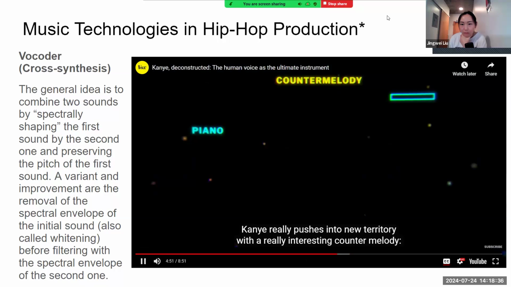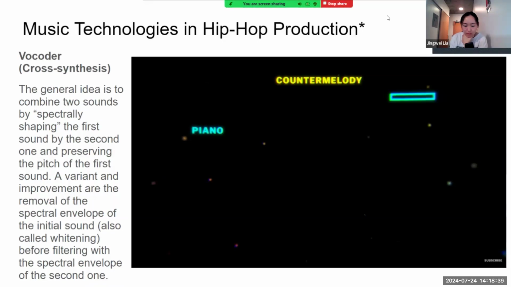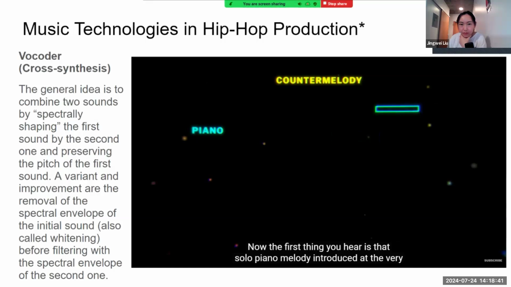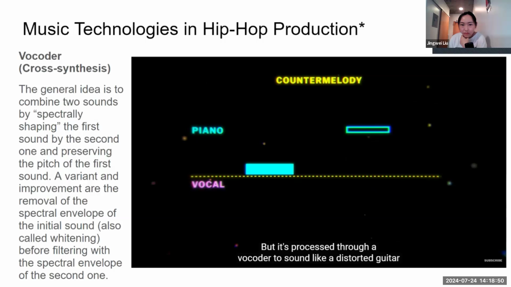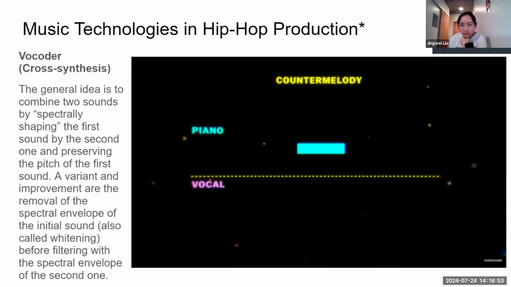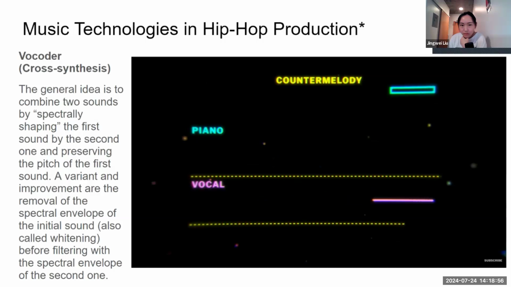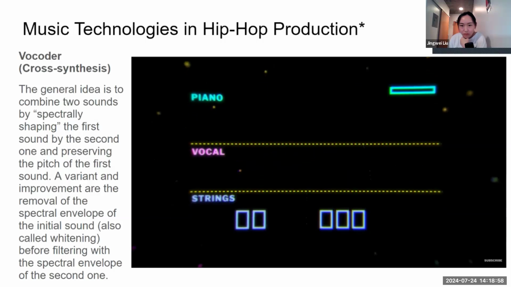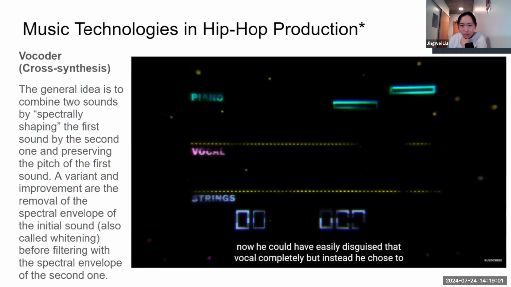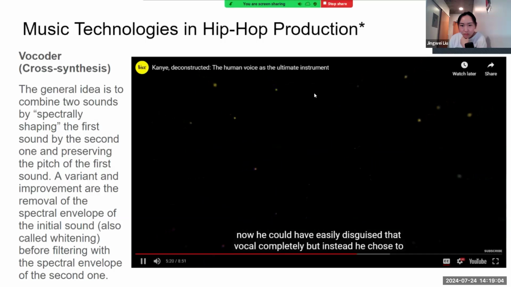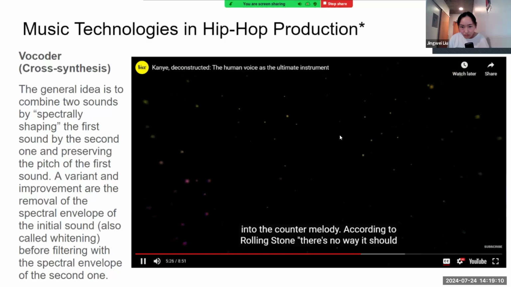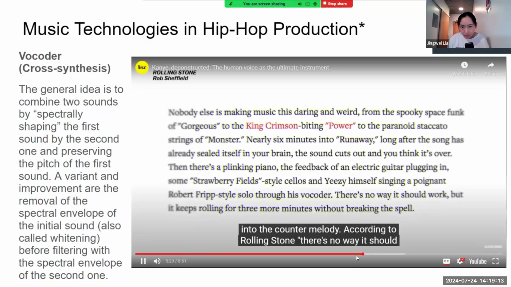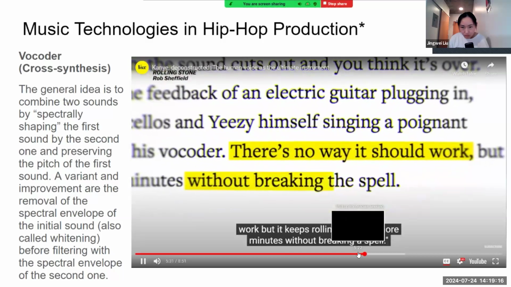Territory with a really interesting counter melody. Now, the first thing you hear is that solo piano melody introduced at the very beginning of the song. It's super, super memorable. And then you hear Kanye's voice. But it's processed through a vocoder to sound like a distorted guitar. Now, he could have easily disguised that vocal completely, but instead, he chose to reveal that it was his voice by seemingly testing it out before diving into the counter melody. According to Rolling Stone, there's no way it should work, but it keeps rolling for 3 more minutes without breaking